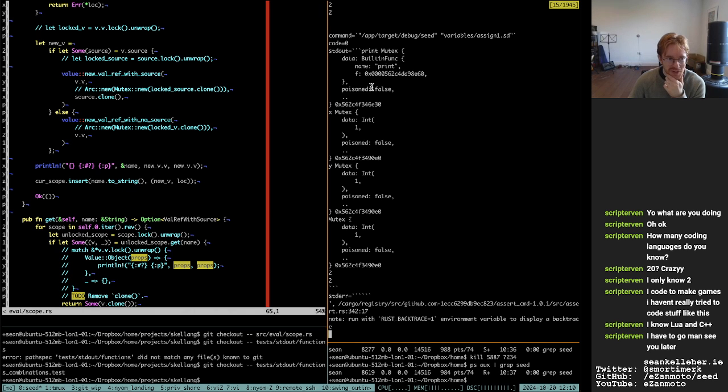So we've declared print in our global scope, and then when we declare X, it's a mutex at this address, and